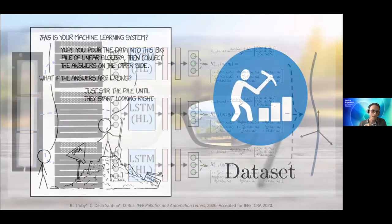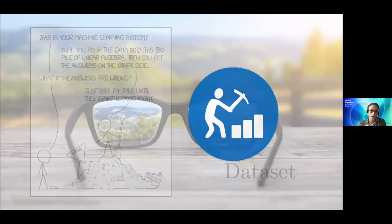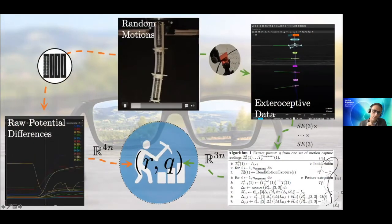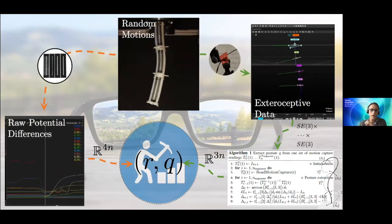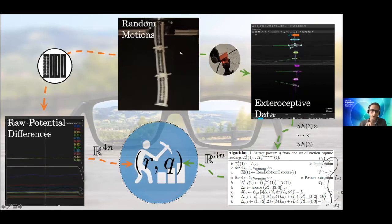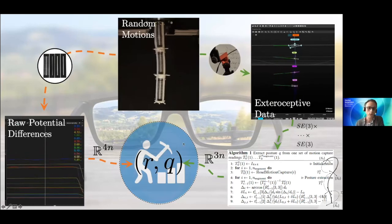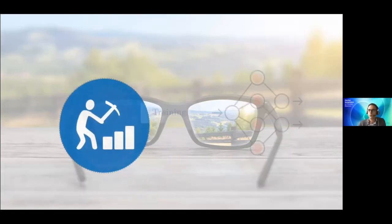But still, we have quite a deep structure embedded here. So how can we get a good data set? The way in which we did that was to take our soft robots, add our skin, and put it into a motion capture system. We did several hours of random inflations. On the one hand we collect the raw potential differences at each sensor, and on the other side we extract this low dimensional latent description from the motion capture system and use it as ground truth. Then we train our network,